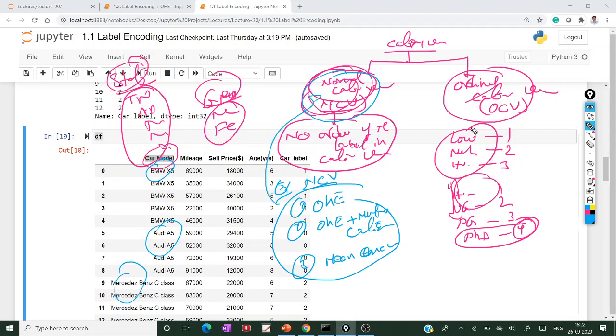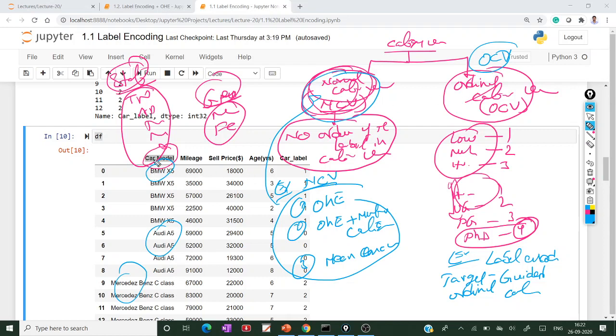Under the ordinal categorical variable, what are the examples? That is the label encoder, and the second one is target guided ordinal categorical. So these are the techniques that belong to the ordinal categorical.